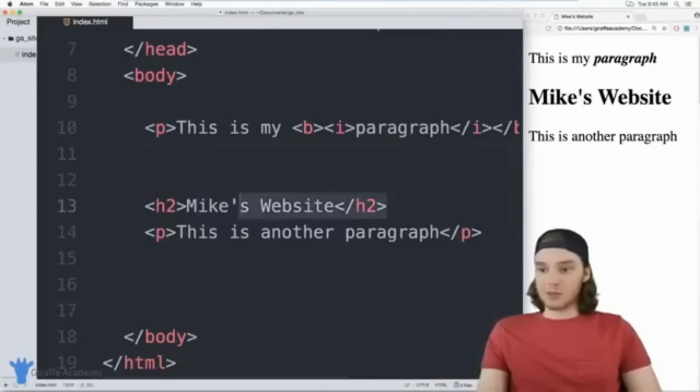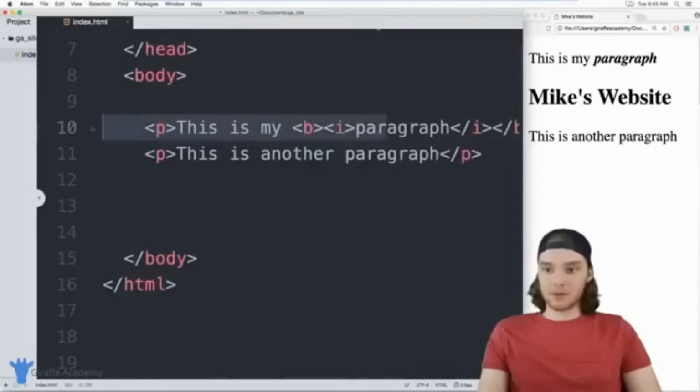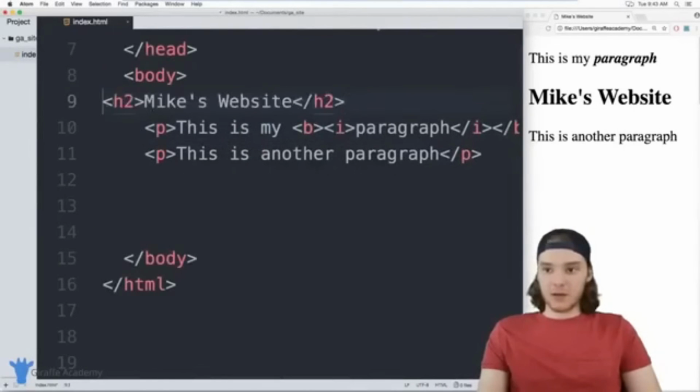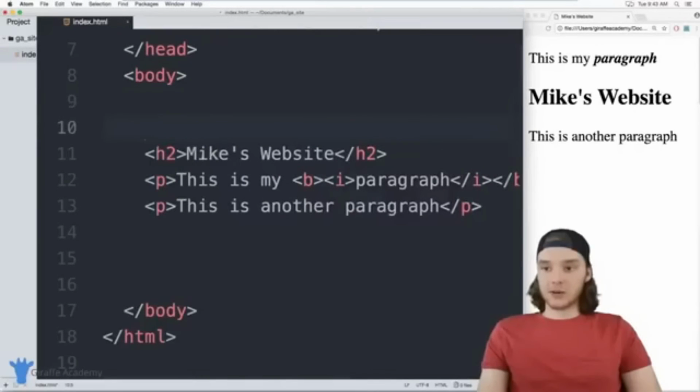So imagine that we wanted to create some white space, right? And I'm just going to put this header back up here so it's a little bit easier to read. I could actually create a new line. So let's say here, after this header 2,